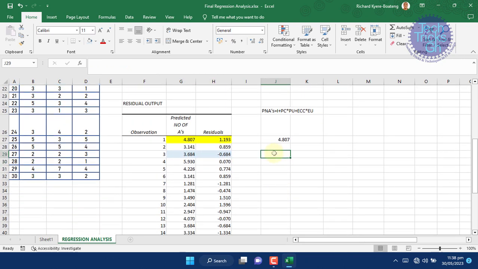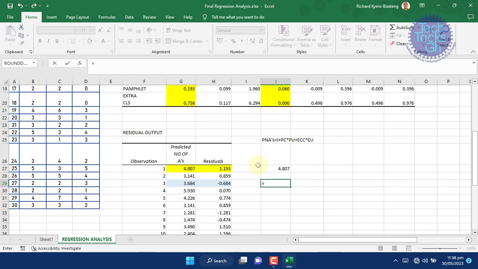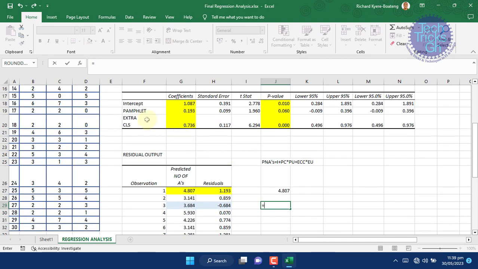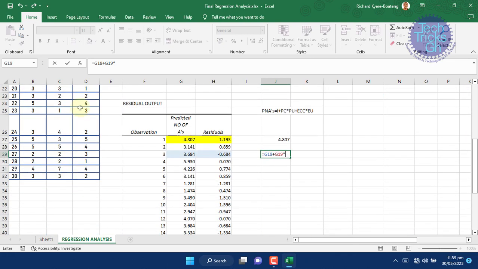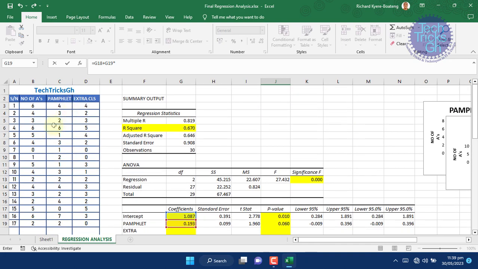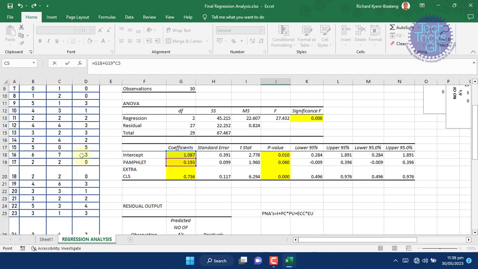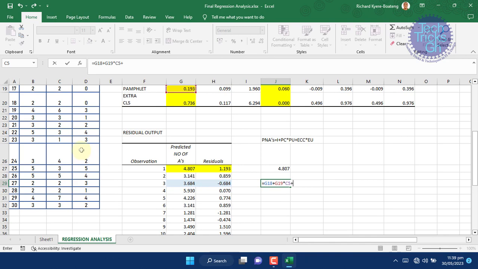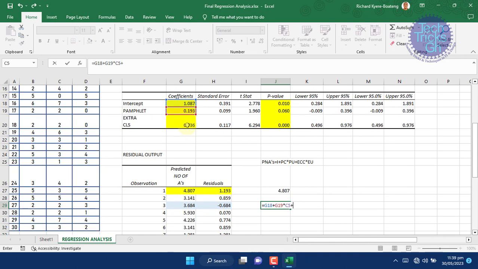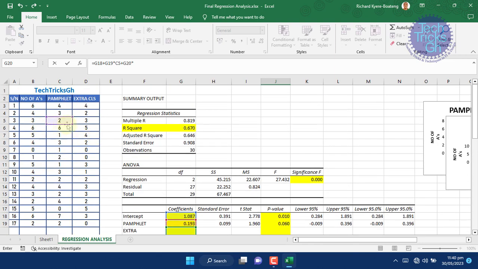First, enter the equal sign on the keyboard and select intercept, which is cell G18. Press the plus sign on the keyboard and select pamphlet coefficient, which is cell G19, and press the multiplication sign on the keyboard. Now select pamphlet units, which is cell C5, and press the plus sign on the keyboard. Select the extra classes coefficient, which is cell G20, and press the multiplication sign on the keyboard. Select the extra classes unit, which is cell D5, and press the enter key on the keyboard to see the